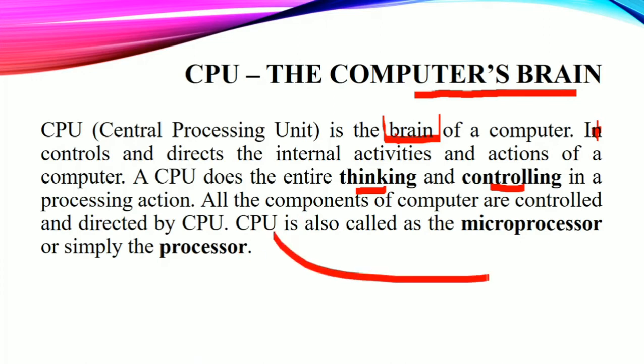This CPU is often called a microprocessor. So the processor chip that we have in our computer system, this chip is termed as the CPU. That circuit board is not the CPU. That circuit board is the motherboard, but the chip that we have on that circuit board of our computer system is termed as our processor or the CPU. Or it is also termed as the microprocessor.